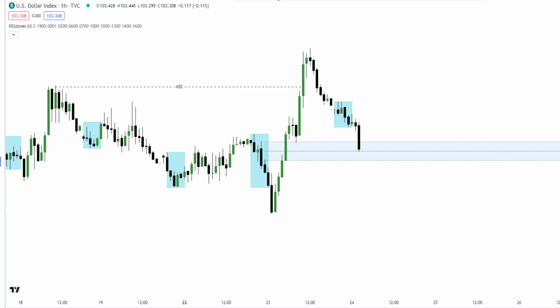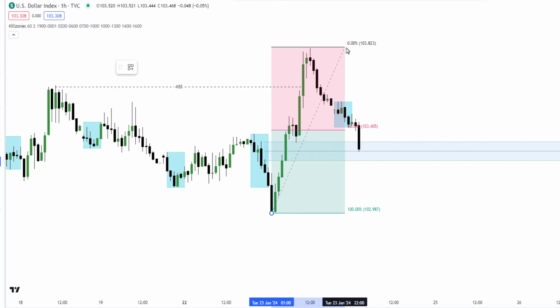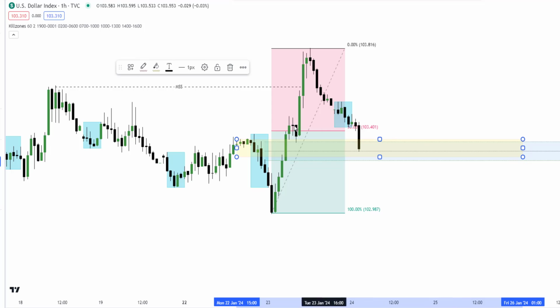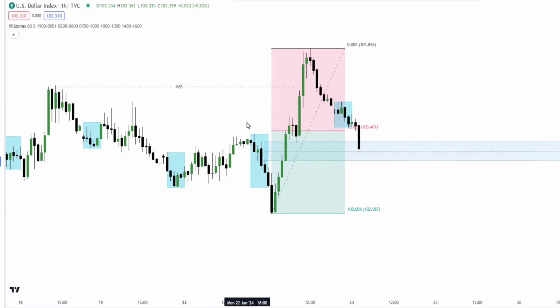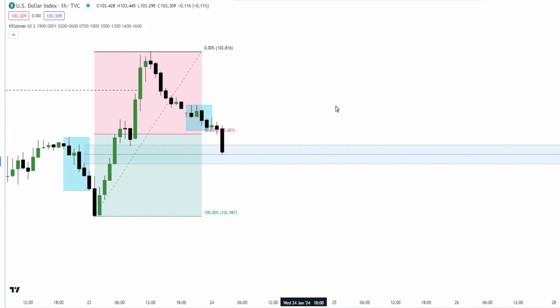Very important. If you check this, let's see where our breaker is lying. Is it in the discount area where price may eventually reverse? Yes, we have a confluence. That is basically a unicorn confluence. All right, unicorn confluence. So price is coming down into this fair value gap right now, and coupling with the